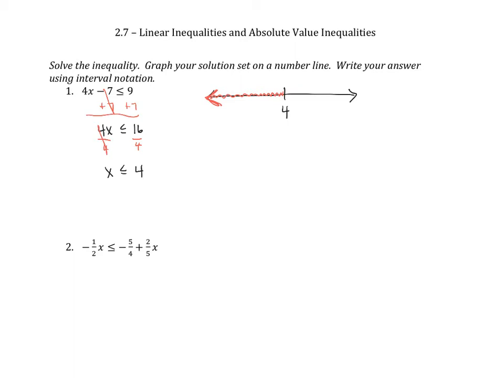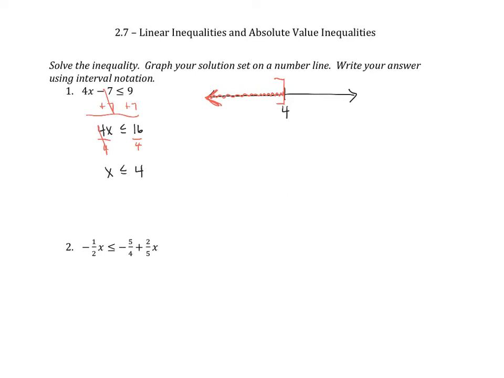Alternatively, some books use a closed circle. Either of those things mean the same thing. Whether you use a closed circle or a square bracket, both are inclusive, meaning it includes the boundary point. Then to write your answer in interval notation